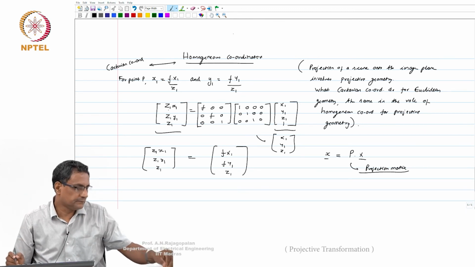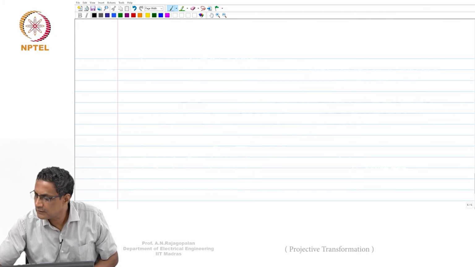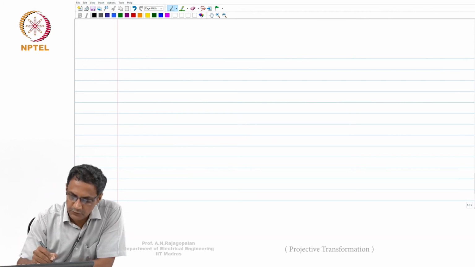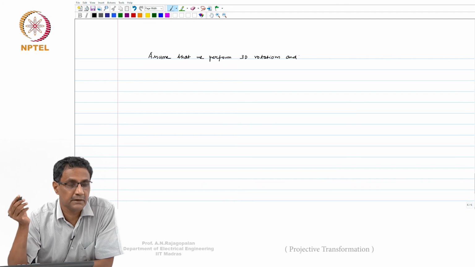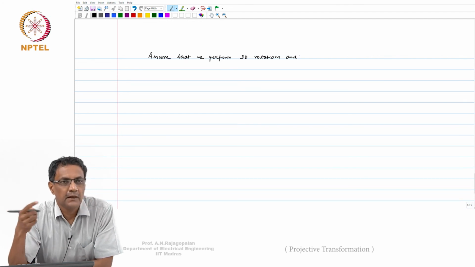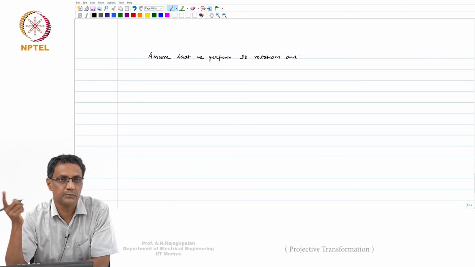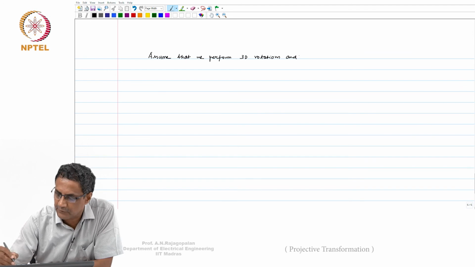Now assume that we perform 3D rotations and 3D translations. Of course, note that these rotations could be in any arbitrary sequence, and the rotations don't commute: Rx composed with Ry composed with Rz is not the same as Rx composed with Rz composed with Ry, and so on. So assume that we perform 3D rotations and 3D translations